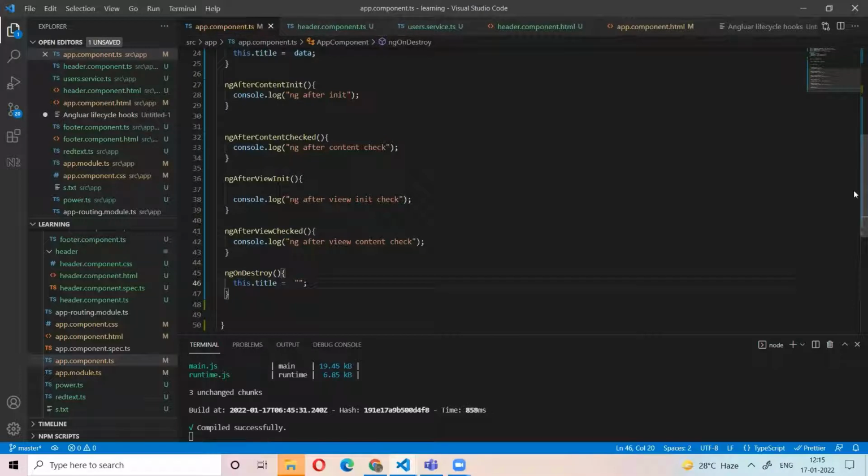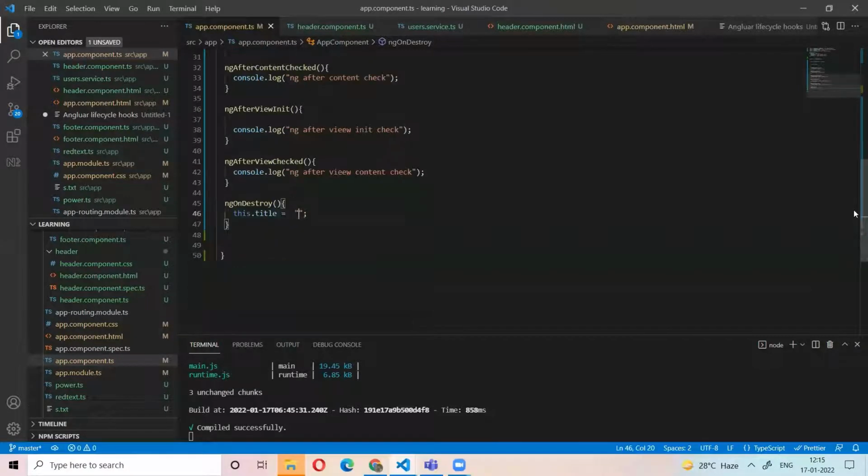So before destroying the component, I mean before going to the other component, I want to reset all the variables. Then the memory will be cleared. Otherwise, the data stays loaded in the memory and the application will become slow. So before destroying the component, I need to reset all the variables. Okay.